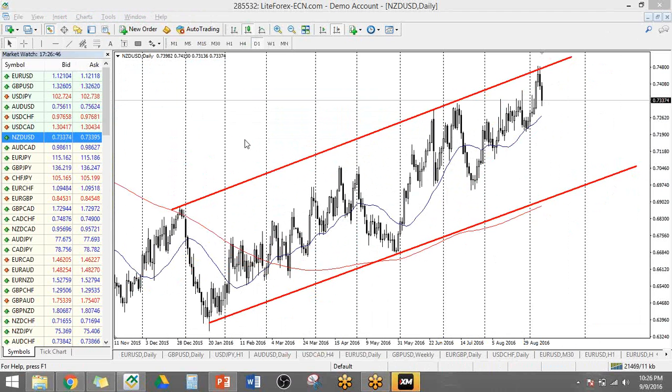From Philip, sir, do we need to draw a box in support and resistances rather than a line? Yellow box in the previous chart. It really depends on you. The answer is not really. You don't really need to put a box rather than a line. A line is much easier to see if you're just starting out. But if you really want to see how thick your supports and resistances are, I suggest that you use your box, yellow box.